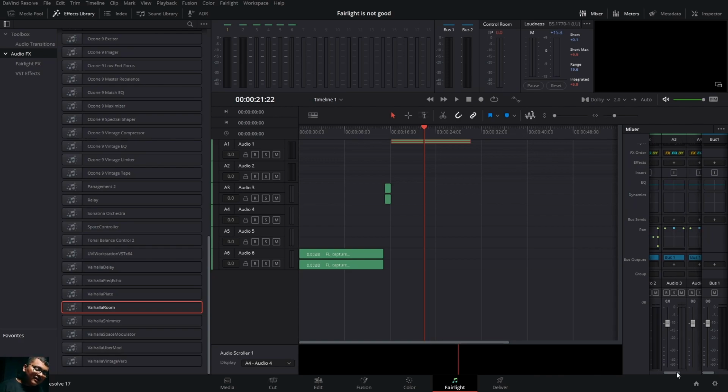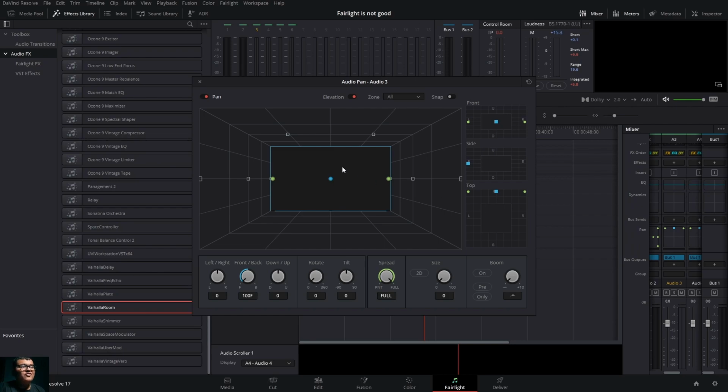It's an issue with laptops, older laptops which don't have much graphics processing power. Resolve is a GPU powered thing, even in Fairlight, for the interface at least. So when you click on this, only a solid green color is shown and nothing else.